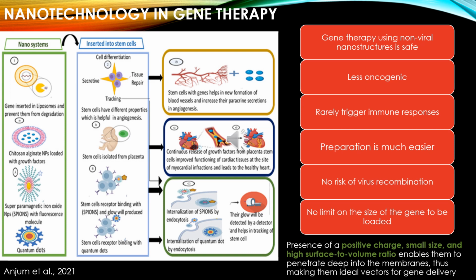So when these viruses enter the body, they may trigger the immune response and become less effective. This is the major drawback that we are facing by using these viral vectors. Hence, these vector systems should be replaced, or we need to find an alternative system for transporting genes into the correct target site. So we are planning to use these nanostructures, that is non-viral nanostructures, as a safe alternative compared to therapy using these viral vectors.